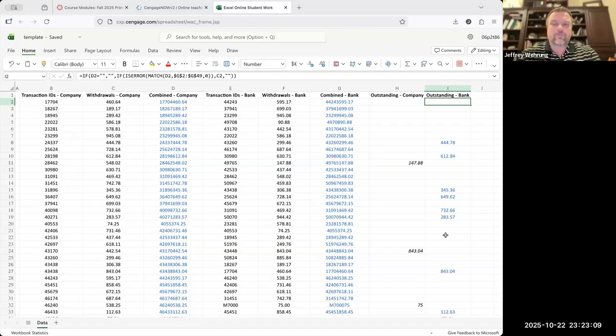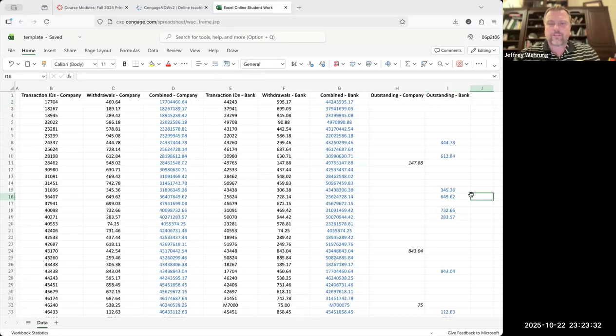showing up in your ledger, but not in the bank's ledger. Okay. So some of these could be checks that you wrote that haven't been deposited yet, and some of them could be errors, right? Where something was messed up. So we actually have to look at that and we'll analyze each of these. We have to analyze everything outstanding in the company and everything outstanding in the bank and figure out what's going